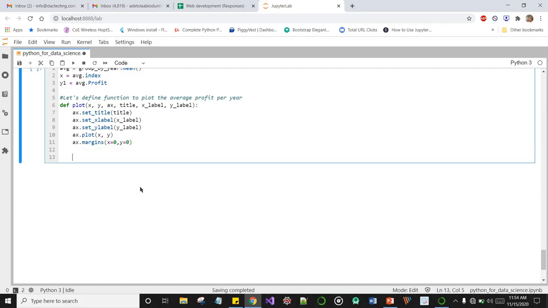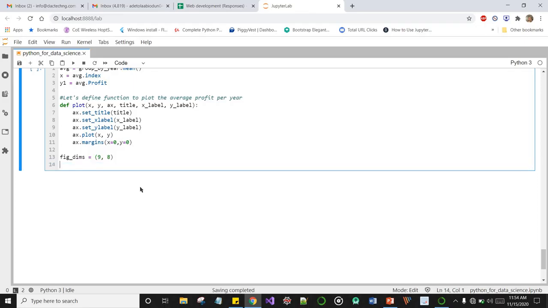Okay, and let's come out of our function and define the dimensions of our figure. That's very important. Length against breadth, let's say 9 by 8.